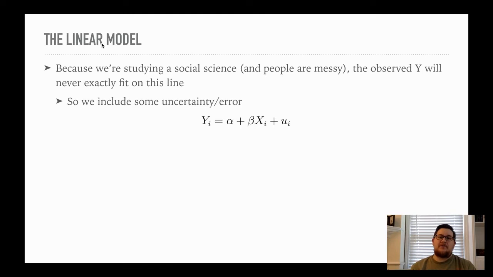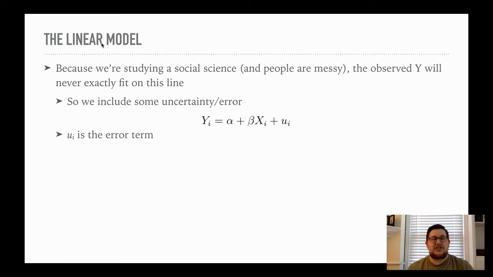Now, in our model of the population, we say that y is equal to alpha plus beta x plus u. U is our error term. All right, so think of it this way, right? For the US, we were pretty close to that line. U is going to be very small. For Ethiopia, that was a very big error. U is going to be very big. For Rwanda, it was huge. For Yemen, it was big. All right? So our U term there is going to be pretty big.